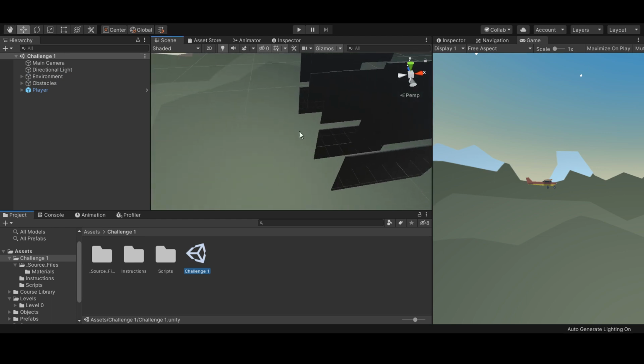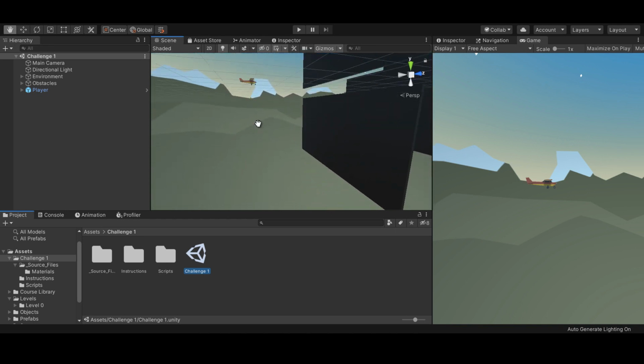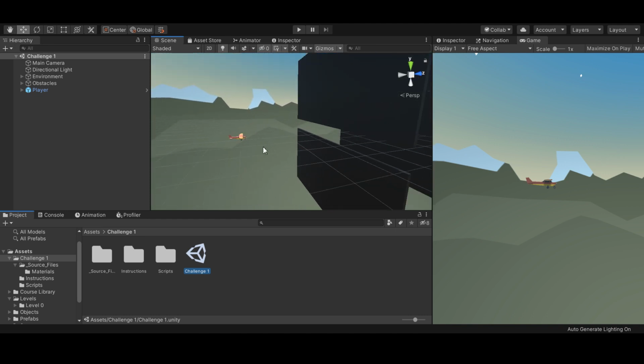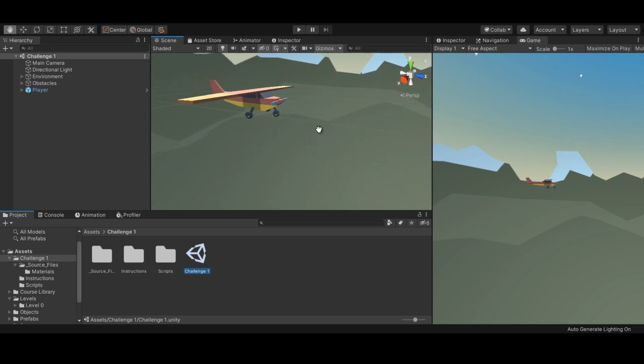So in this scene that they give you, the speed of the plane is wrong, the direction that it goes is wrong, the input doesn't work, and the camera is in the wrong place. And then they had an additional challenge where you had to get the